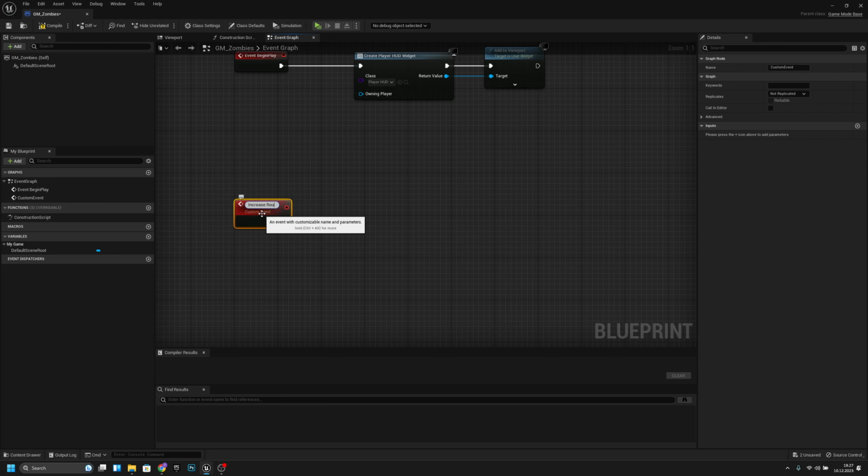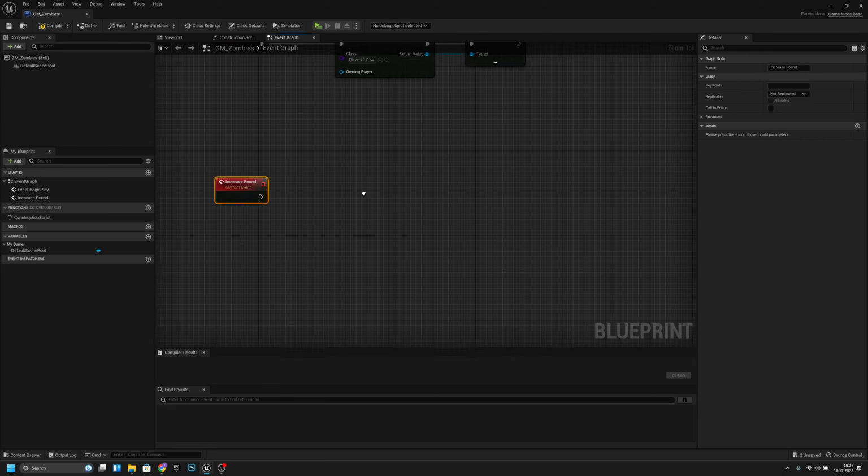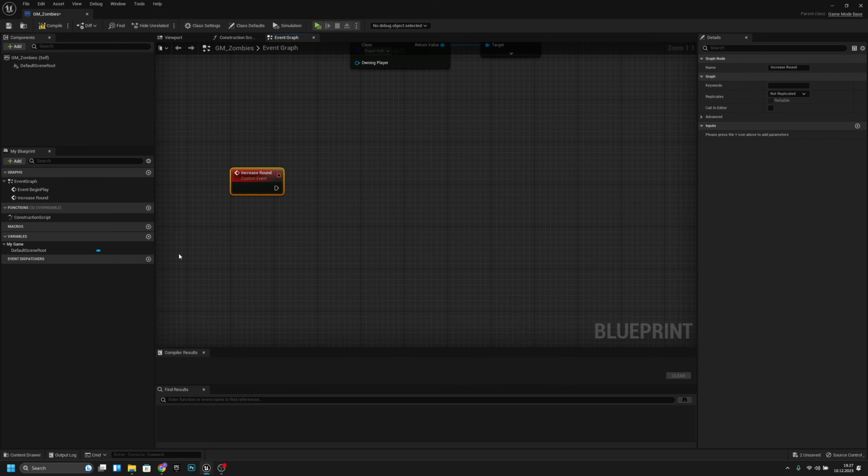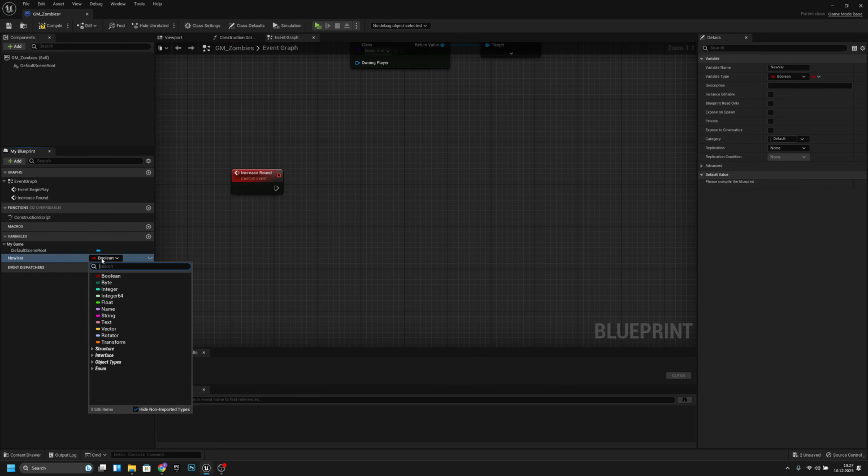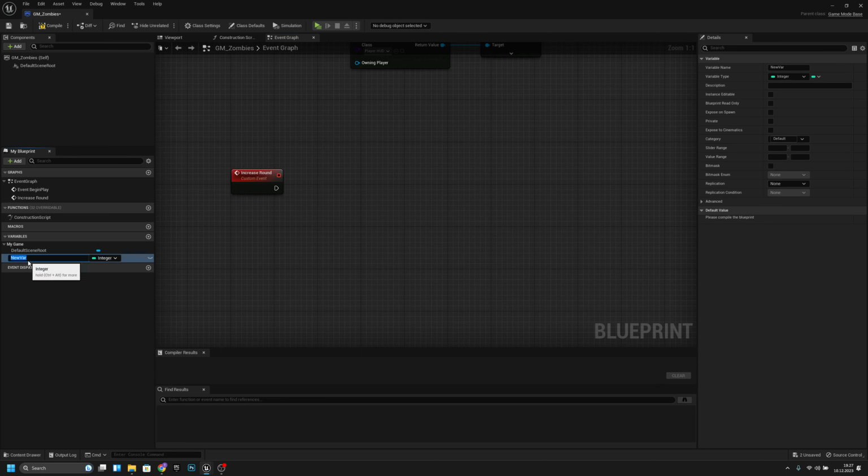increase round. Okay. And now we want to create a few variables and the type should be integer. So first should be, of course, round number. And the next one, let's duplicate this. Let's call it max zombies in level. And now let's duplicate it once more. This should be total zombies